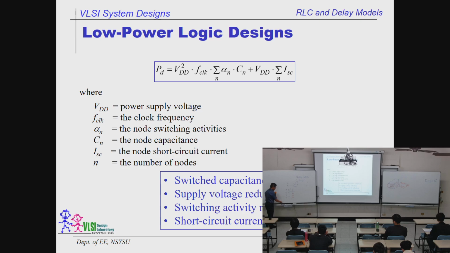So according to this definition, what is the probability the original state is 0? 3 out of 4. And what is the probability for the next state to be 1? So the probability of 0 to 1, that is the switching factor, equals